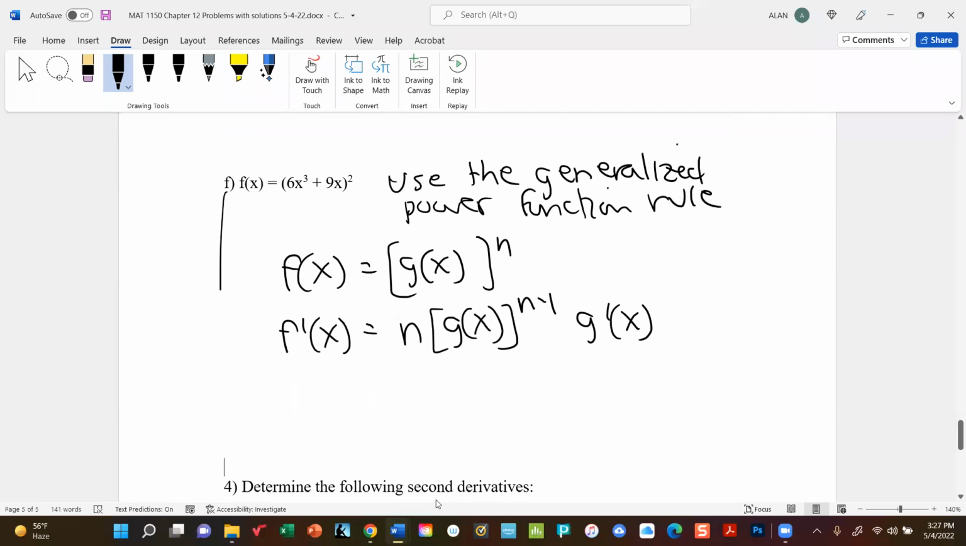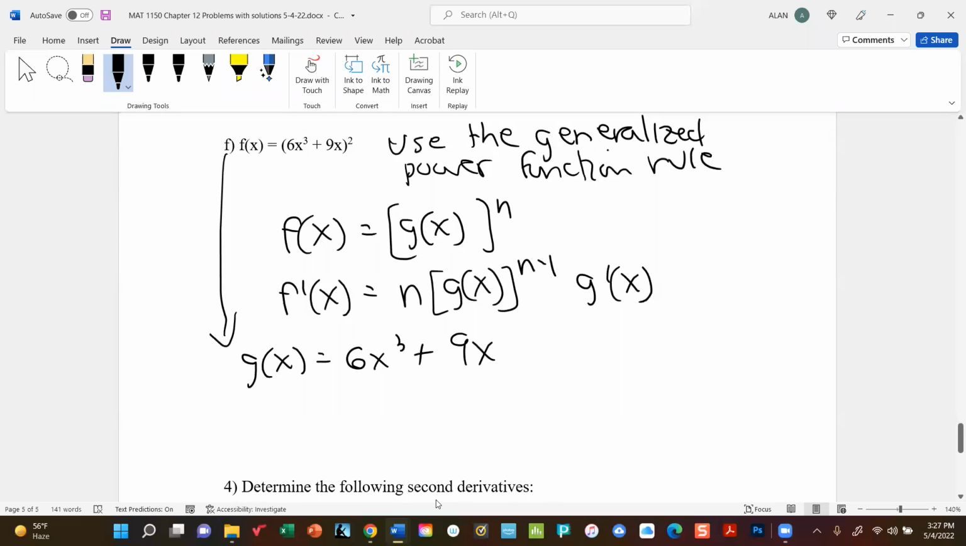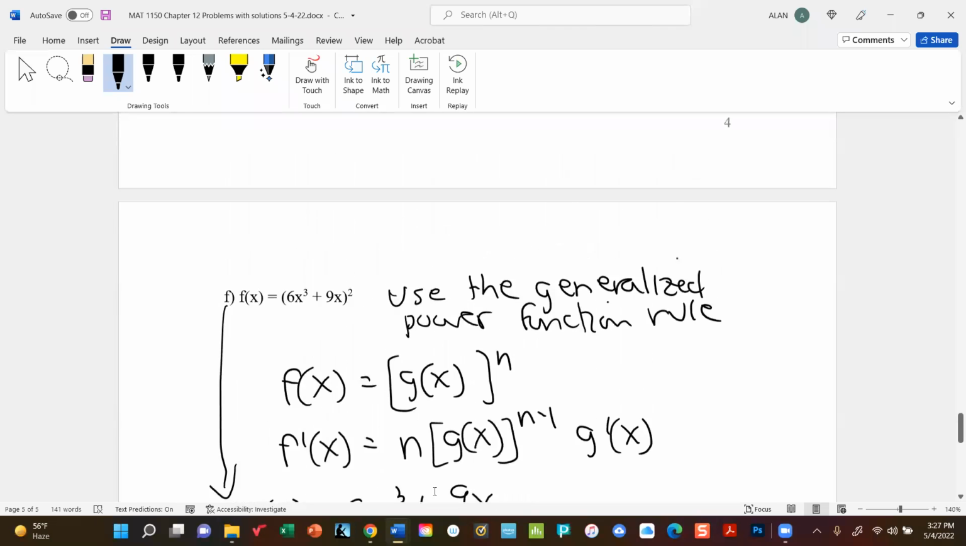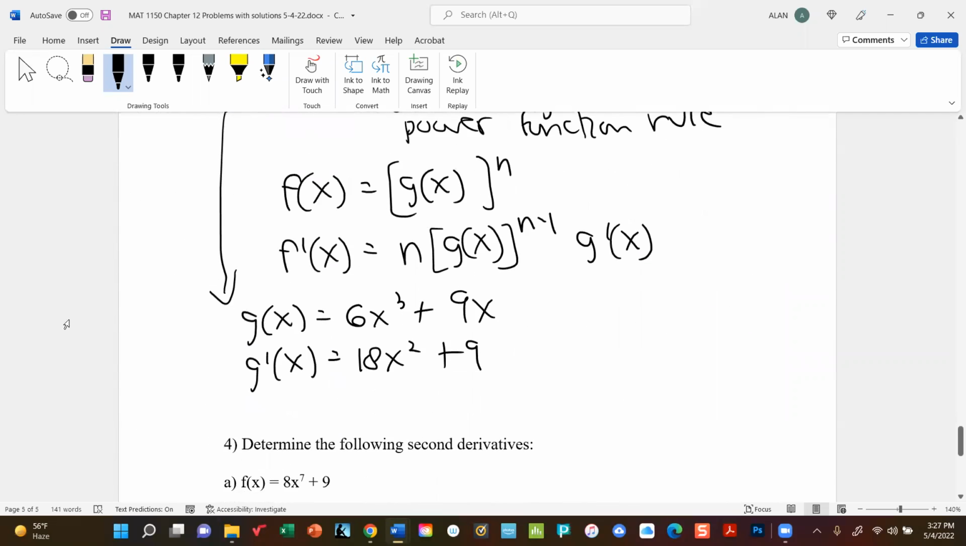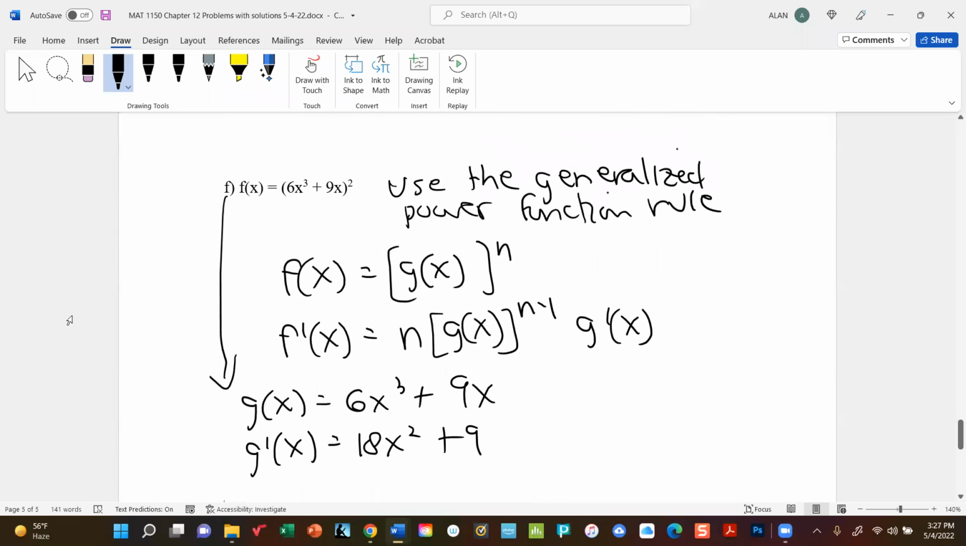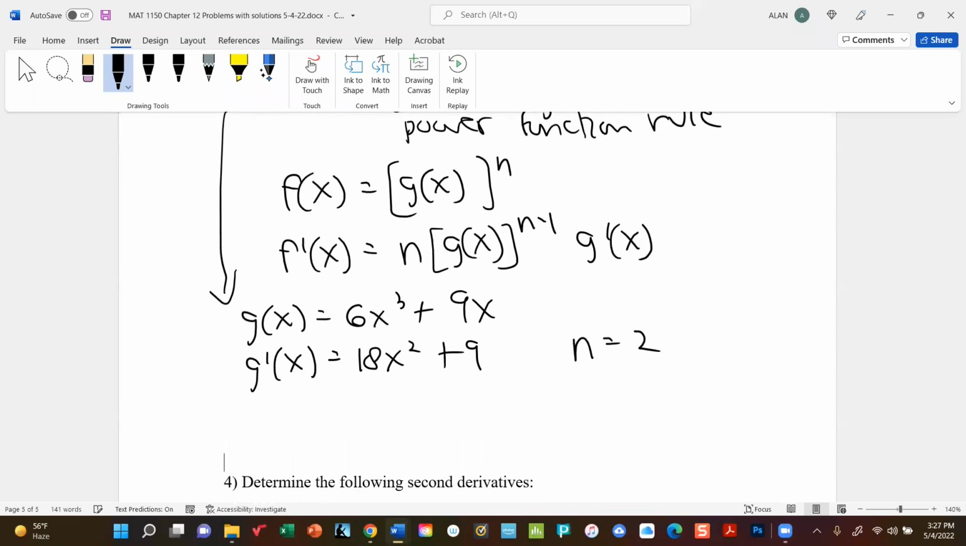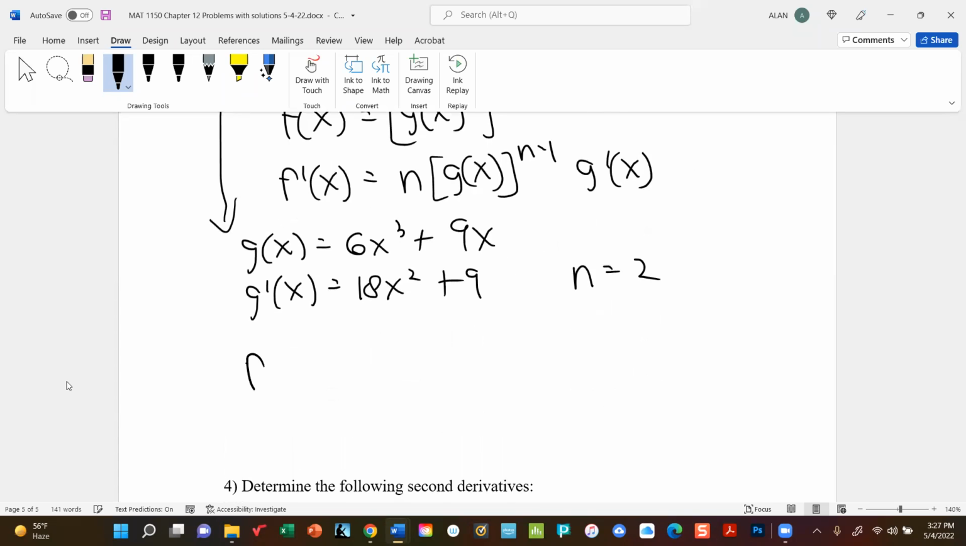So in our example, g of x is 6x cubed plus 9x. G prime of x is 18x squared plus 9. Okay, and again, we're using this rule for each case over here. And then n, of course, is 2. So our final result, f prime of x